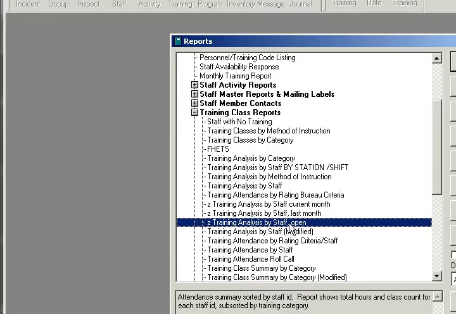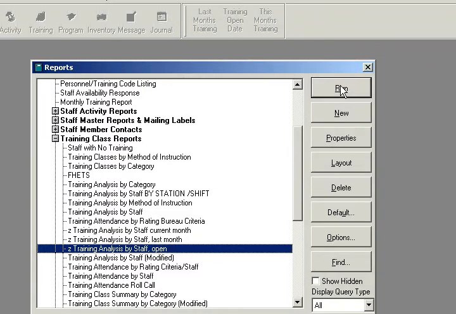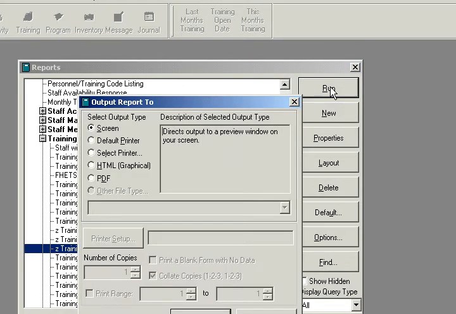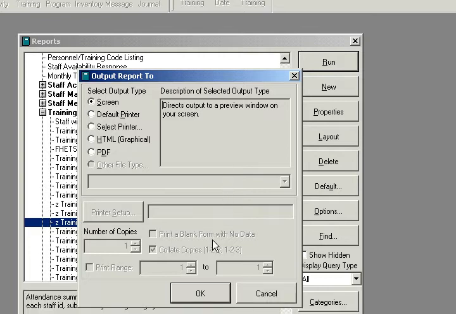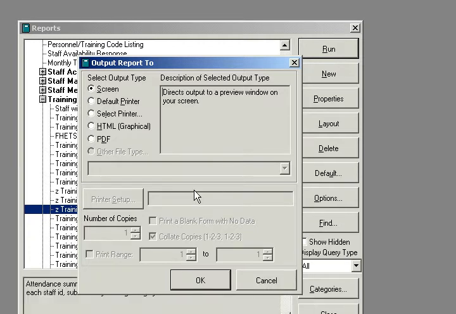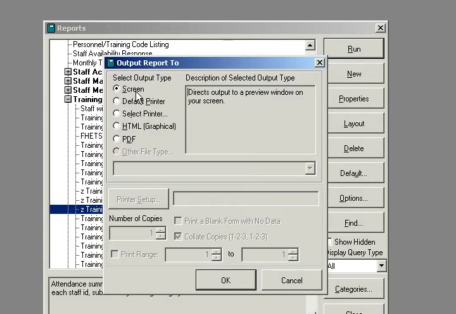All three of these are the same report, except that the first two have a set of hardwired dates. This last one is where we specify the date, and that's what we want to use. So I double click that, or I click the run button. It asks where I want to send the report, and it's always a good idea to send it to the screen,